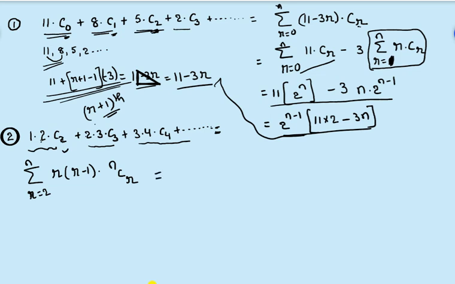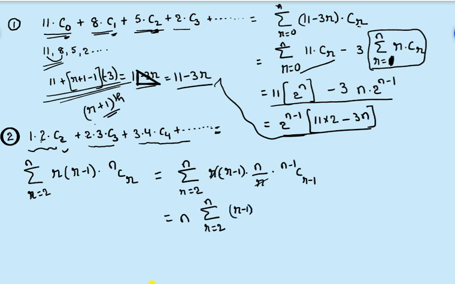Now again we can write this as summation r equals 2 to n of r into r minus 1 into nCr, which can be written as n by r into n minus 1 C r minus 1, or r cancels. Then again we can write n into summation r equals 2 to n of r minus 1 into